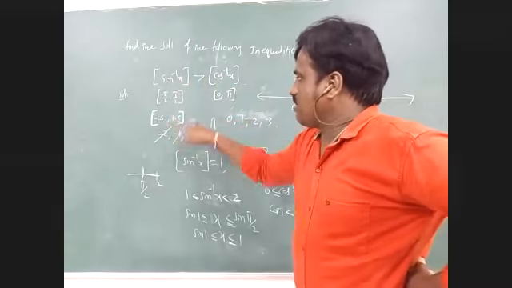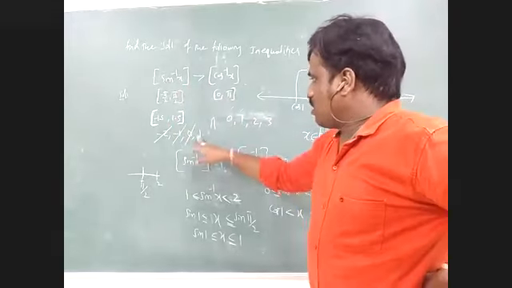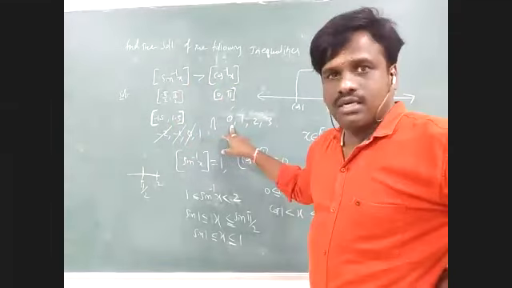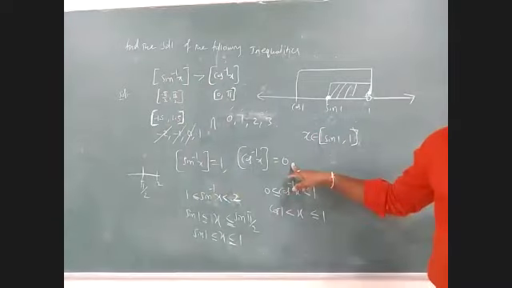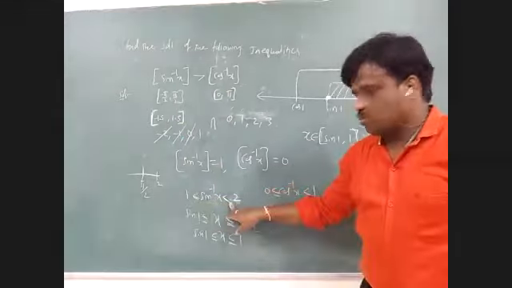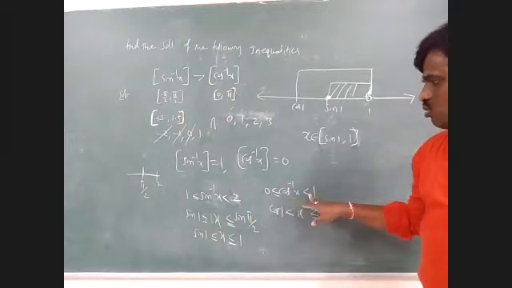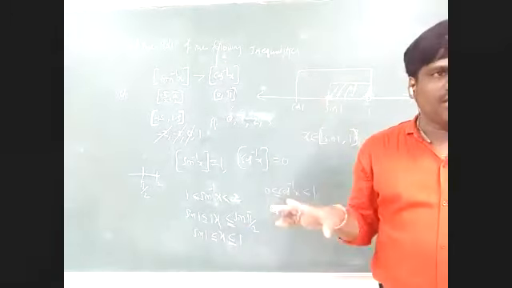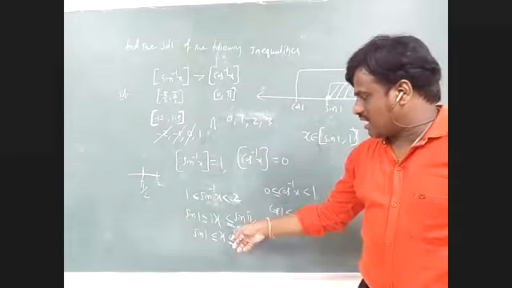Here we took -2, -1, 0, 1. Here we took 0, 1, 2, 3. Now you know 1 is greater than 0. This is only one possibility: sin inverse x is equal to 1 and cos inverse x is equal to 0. Now sin inverse x lies between 1 and 2, then only it is possible. And here cos inverse x is from 0 to 1. That is possible. 2 is exceeding the sin inverse range. 2 is crossing pi by 2, so it means I can take it equal to pi by 2.